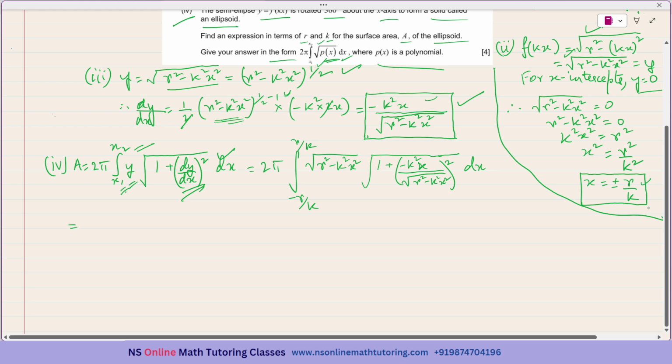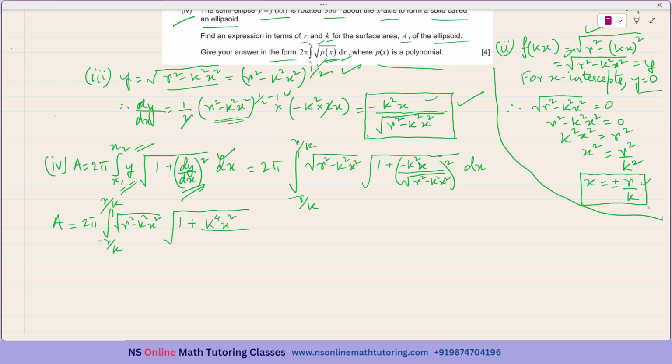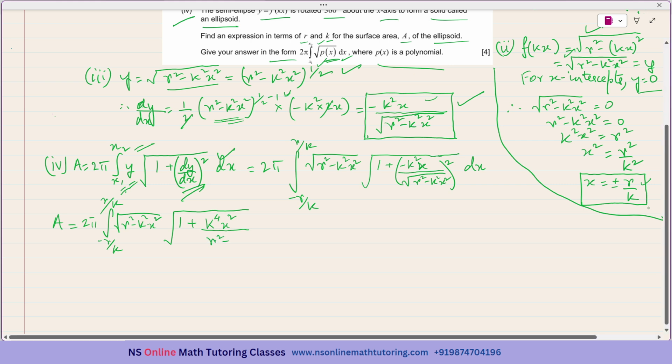So this can be written as square root of r square minus k square x square and 1 plus minus k square x whole square is k to the power of 4x square over square root of r square minus k square, k square x square rather, whole to the power of 2 is r square minus k square x square dx